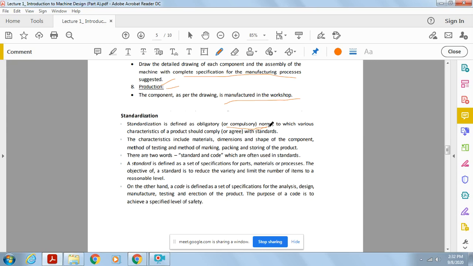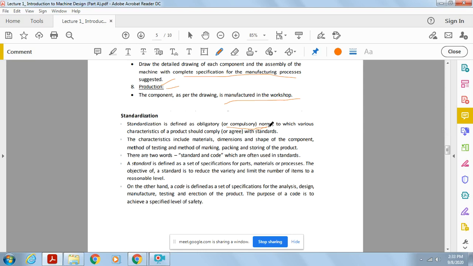Like a boiler designer or any turbine designer has to follow some IS codes, some ASME codes. These are the codes and standards. We have our Indian standard, American standard, British standard, German standard. Every country has its own standard. Of course, we are Indians and we should generally follow the Indian standard code. The Indian standard code is basically the guideline, the standardization process, that guides you in designing a particular component, and you must follow it.